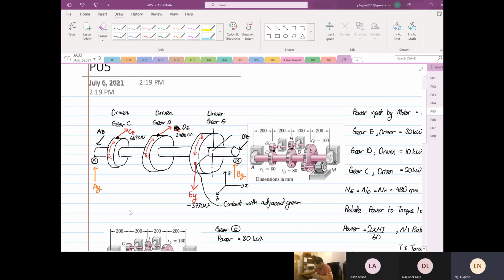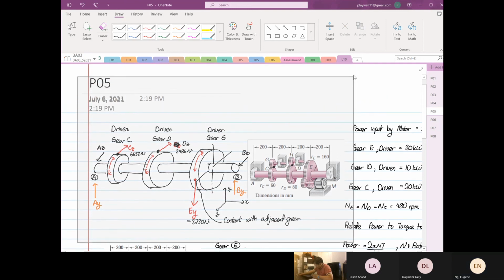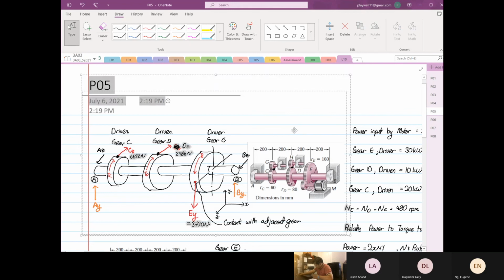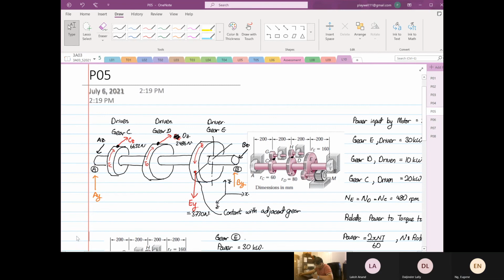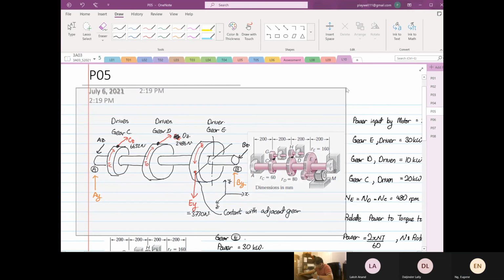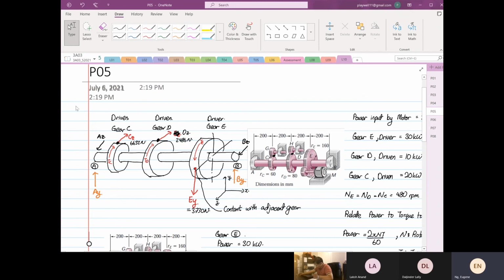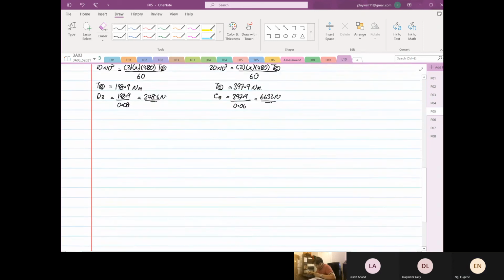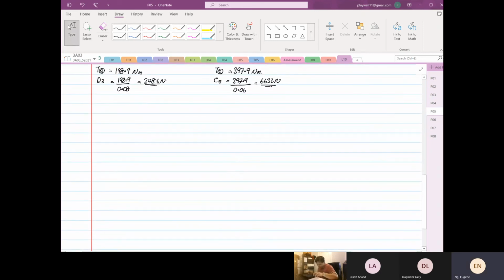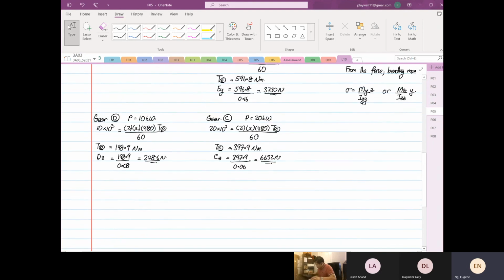Oh, my bad, I was being stupid just now. What we're going to do now is find the forces. Okay, so we are going to again view